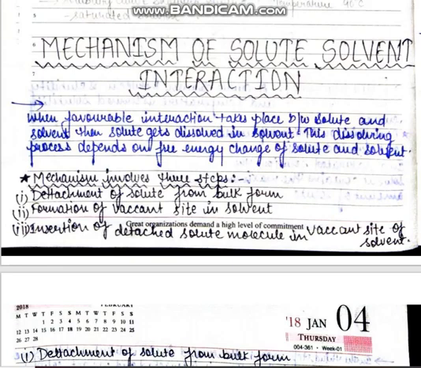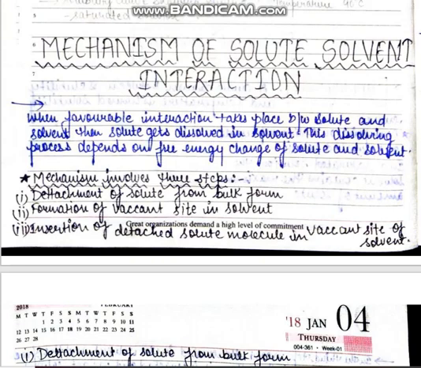Hello everyone. We have discussed a lot on a factor or a parameter that is called solubility. Now, in case of solubility, we generally say that a solute is dissolved or miscible in a particular solvent. Then what is the mechanism or method by which we can say that the solute interacts with the solvent? There must be some mechanism for the interaction between solute and solvent. Today we will discuss the mechanism of interaction of solute with the solvent.